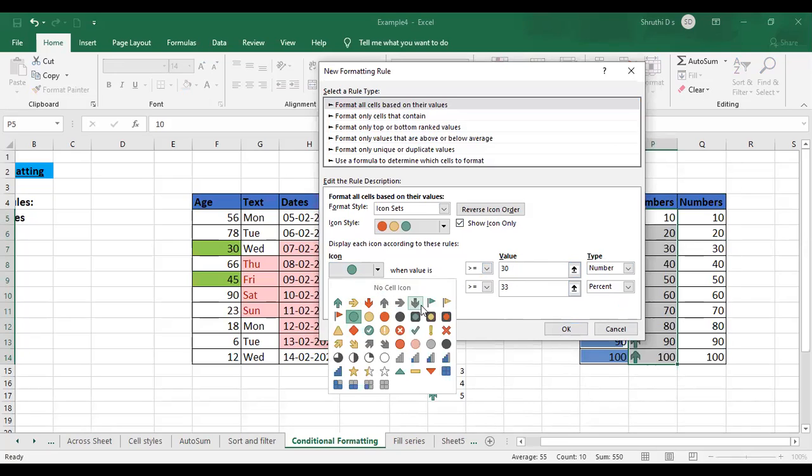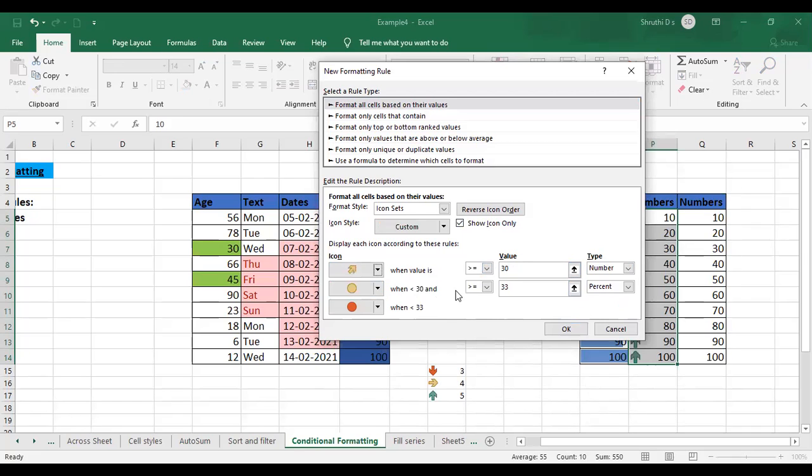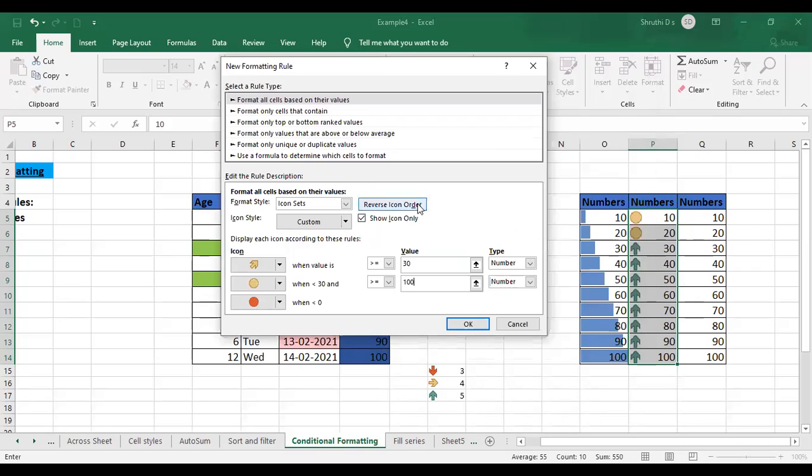Again, change it to something like an arrow mark, or you can just give this arrow mark. And when lesser than 30, I have given it when lesser than 30. I'll remove this number and give it as 30 here. I'm not giving the maximum range, or you can also give it as lesser than 100 here. We just have 10 to 100, right? So you can change it like this. I'll give only one condition there.